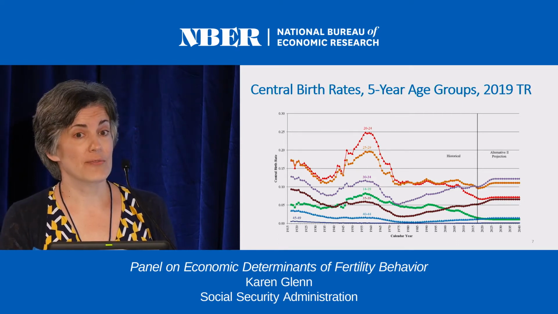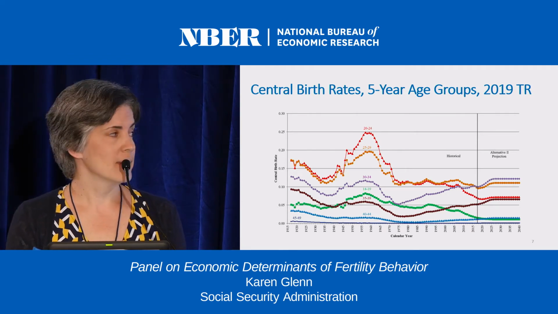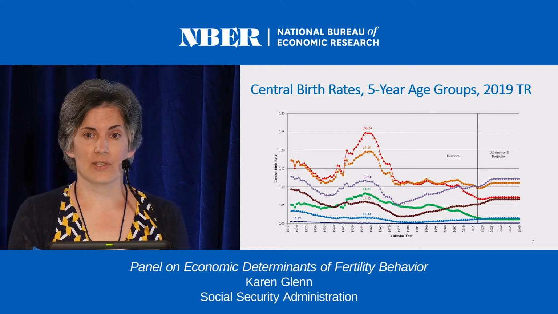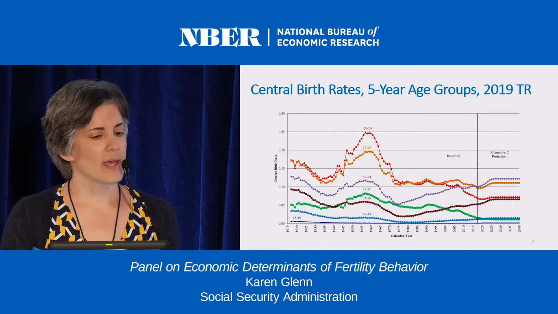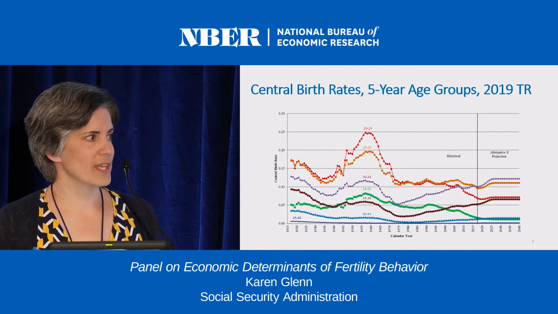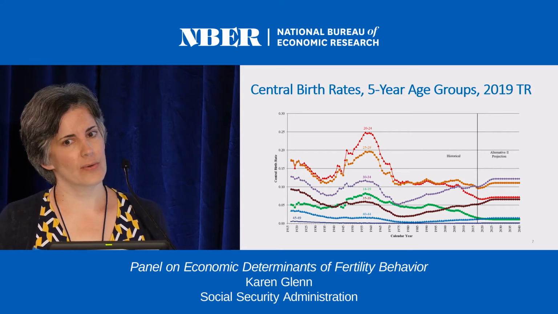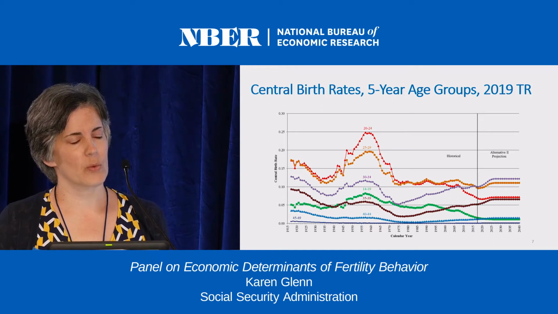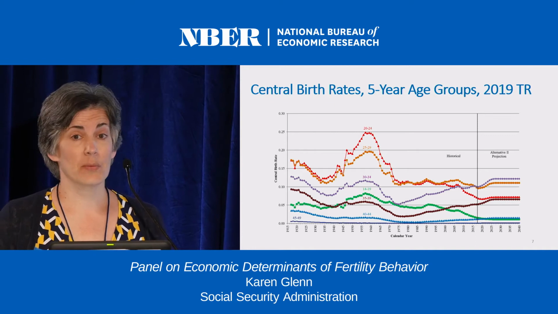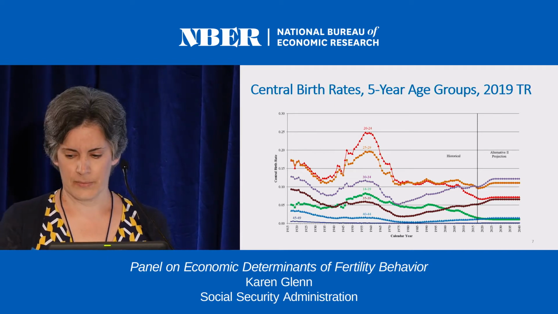Women 20 to 24, that's the red line here, they have also been going down quite a bit. Some of that we expect is recession effects. Some of it is women delaying births more. You can see for women in their 30s, birth rates there have either leveled out or continue to rise. So it certainly seems pretty clear from this graph that women are tending to have their children later and later. Even women in their 40s, while the numbers are small, you can see they're increasing.